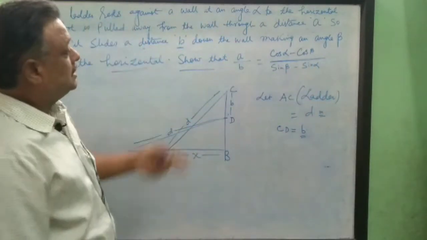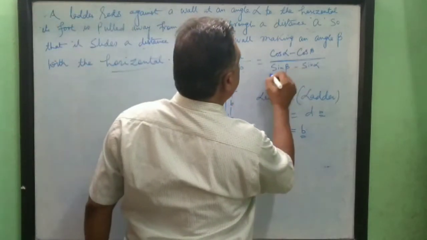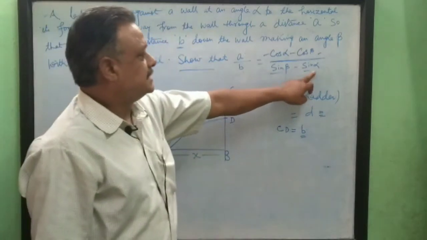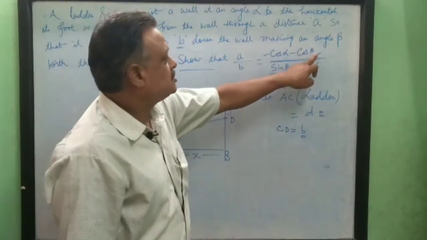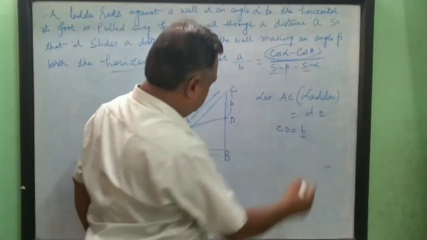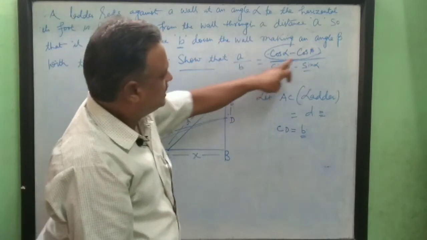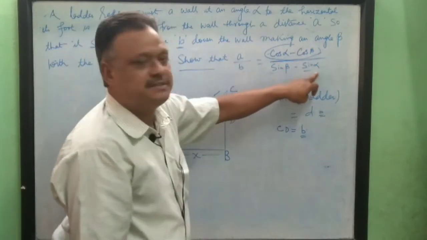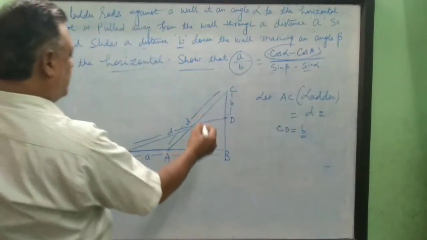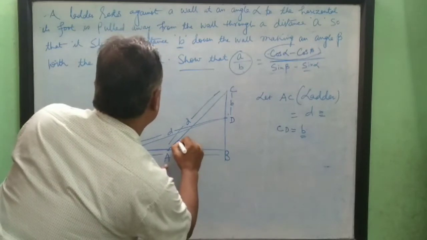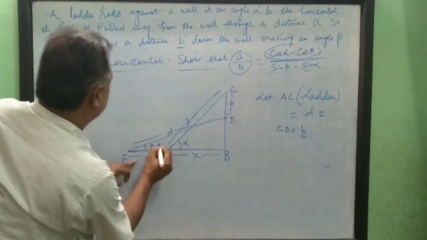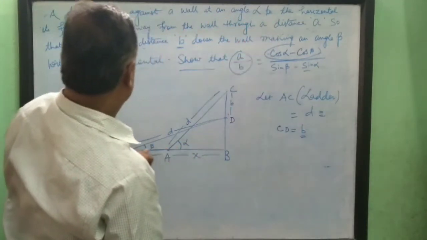Very easy question. Simply you find out these all ratios, sin beta, sin alpha, cos beta, and subtract sin alpha from sin beta, subtract cos beta from cos alpha, and divide cos alpha minus cos beta by sin beta minus sin alpha. This will be giving a by b. Very easy question. So at first, this angle is alpha and this angle is beta. Already it is given, and this angle is beta.